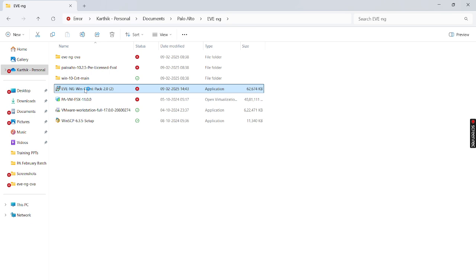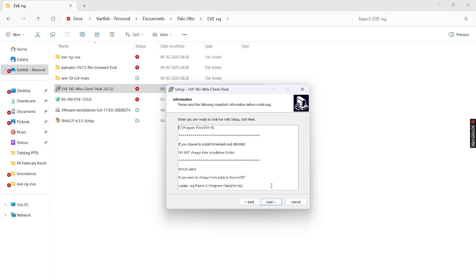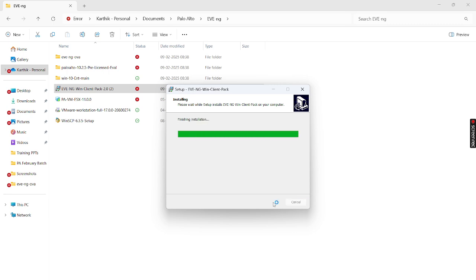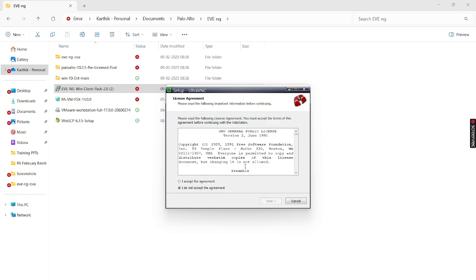Just double click on that. It will prompt to allow the app to install. It will show like this. Click on next, again next, don't change anything, just proceed with all the next. Once the installation finishes, it will show up like this.